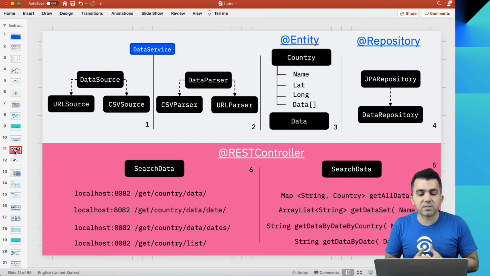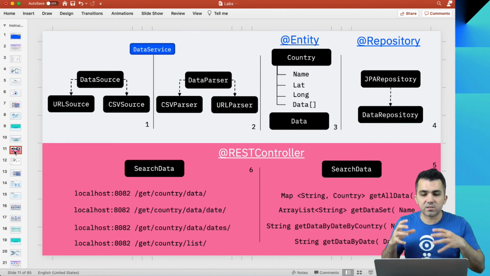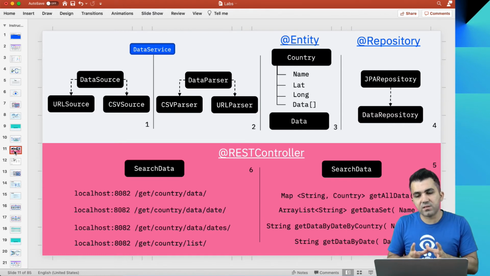The second part is a data parser that gets all the CSV data and then parses it based on different countries as key values, and then the data set for that country, and that becomes our entity. So our first entity is a country with name, lat, long, and the data sets, and in every country object we have a data object that stores all the data for that particular country.